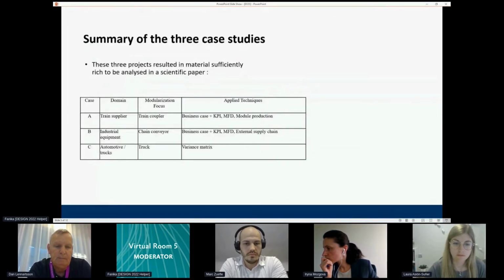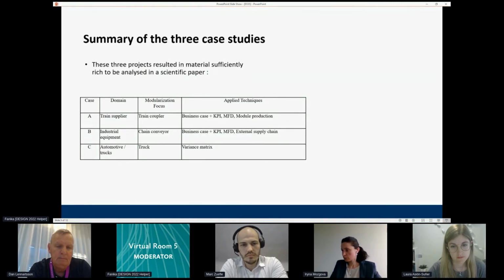Summary of the 3 case studies. These 3 case projects resulted in material sufficiently rich to be analyzed in a scientific paper. Case A, domain train supplier, modularization focus train coupler, applied techniques business case plus KPI, MFD module production.